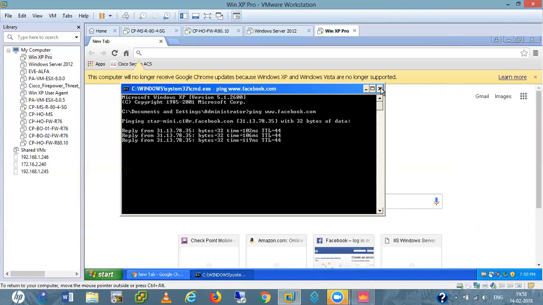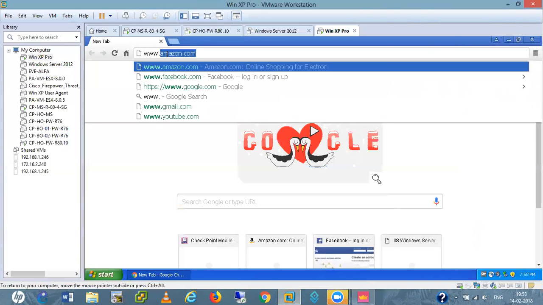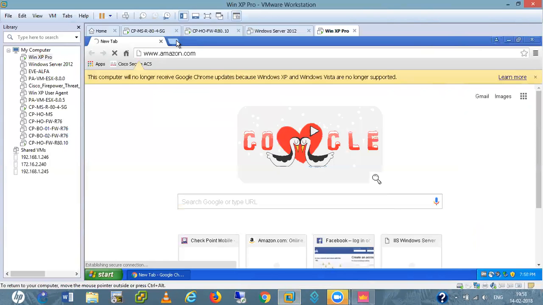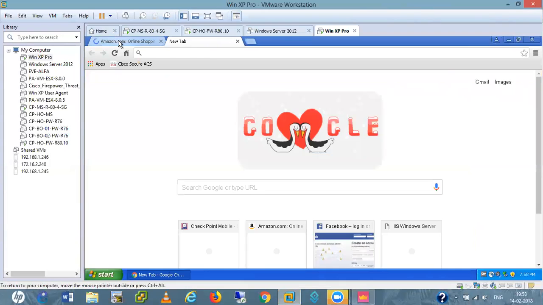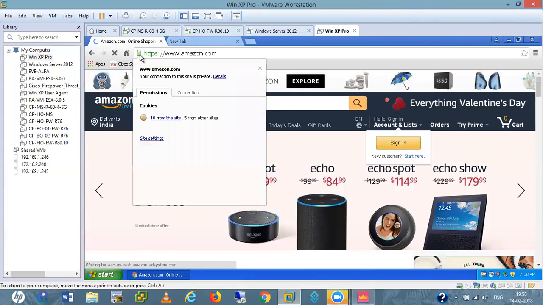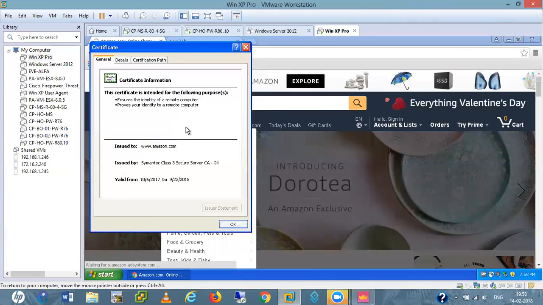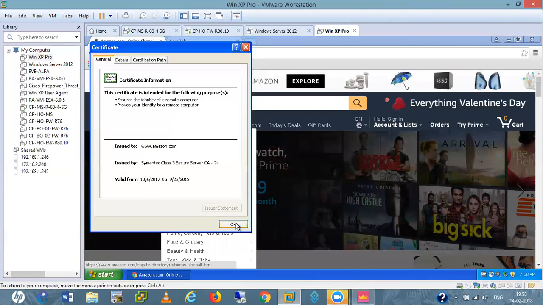I am able to reach facebook.com. If I open facebook.com or amazon.com, I am able to browse it. And if I see the certificate information, it is not decrypting now.